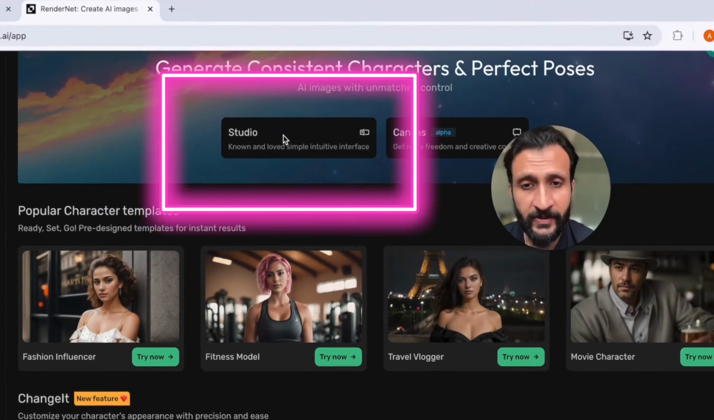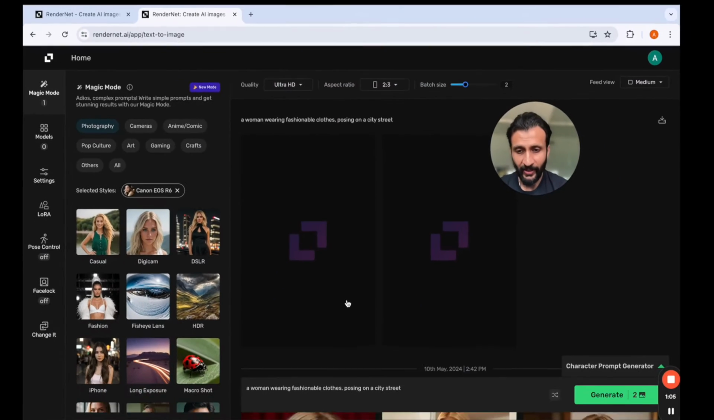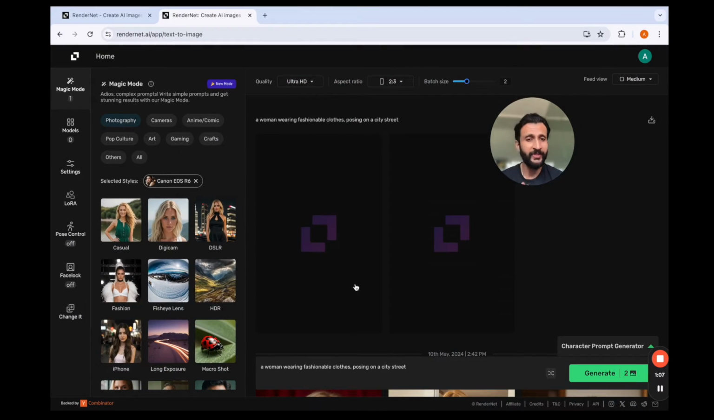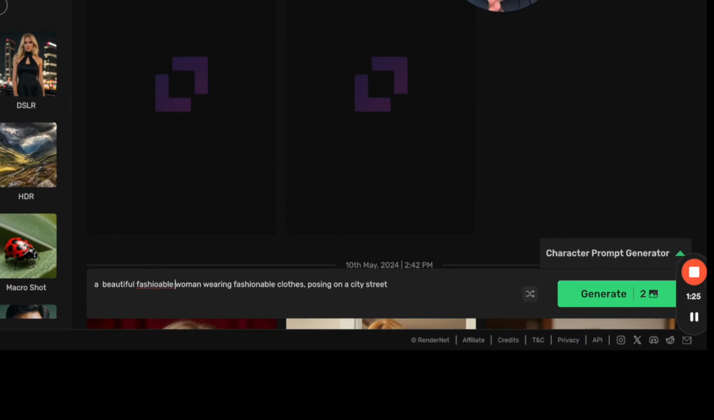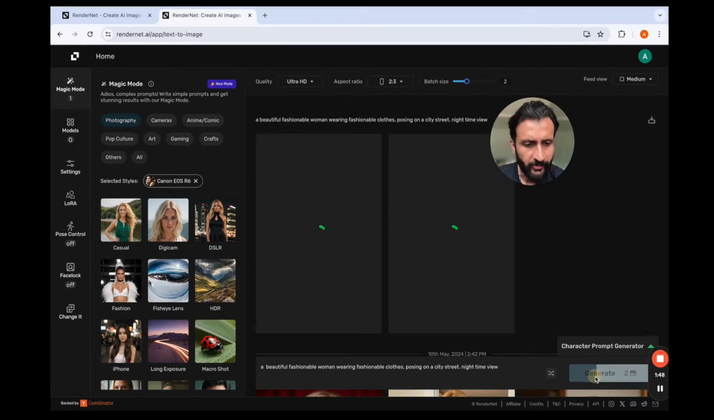In which case, first we'll go to Studio, then you'll see this kind of an interface. We'll go through all of the features one by one, but first let's start with the basics. Here we'll come to the prompt box. Here we'll just give it a very basic prompt: beautiful fashionable woman wearing fashionable clothes posing on a city street, nighttime view, and we'll simply click on generate for